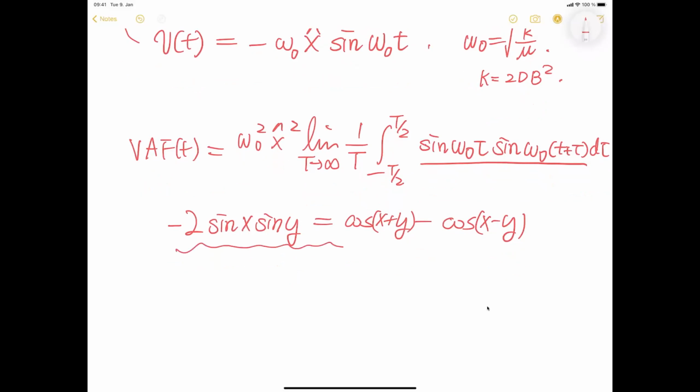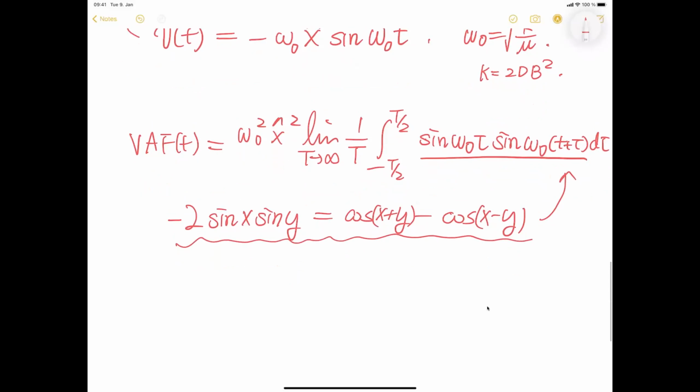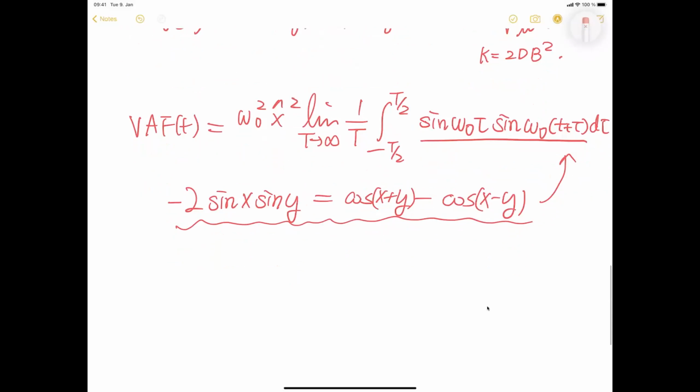So you can identify the x and y in the integrand and use these expressions. So this sine omega 0 tau sine omega 0 t plus tau is nothing but